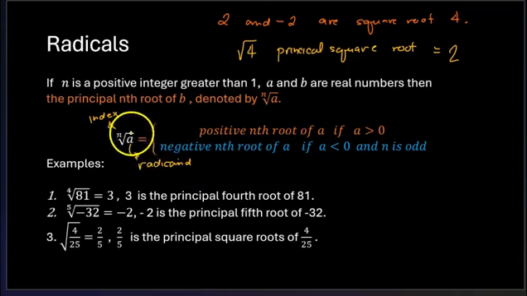So this number inside the radical sign, this number here, A, is called the radicand. The small number here is the index. And if you notice, when we have the square root, by default there's no number. You don't have to put 2. So this is automatically a square root when you don't have a number. Okay, so what are we going to do? If you input problems like this in the calculator, it will always give you the principal root.